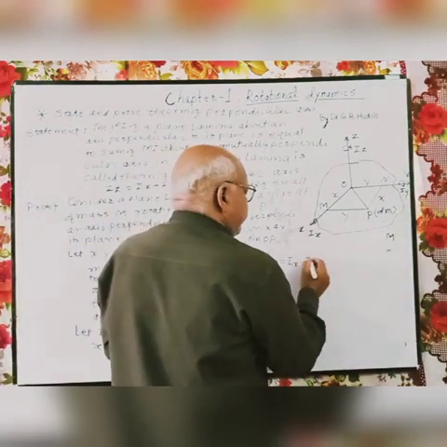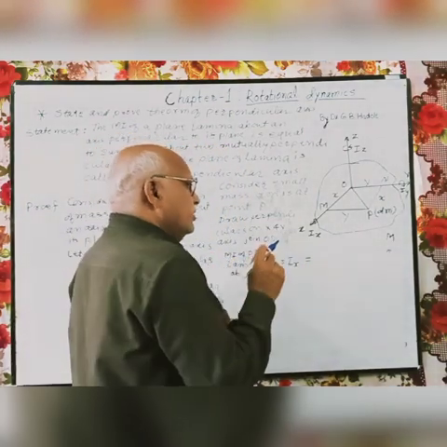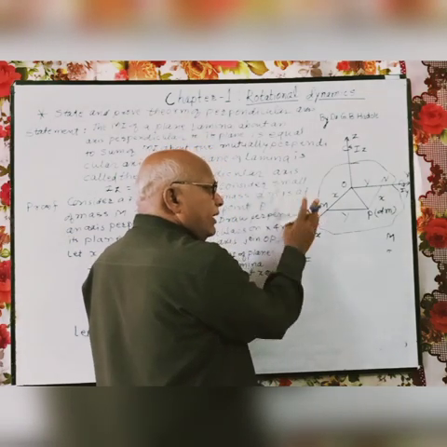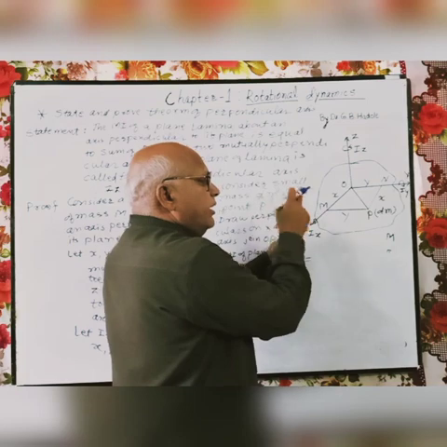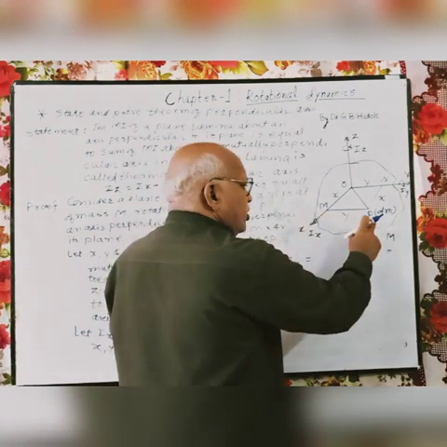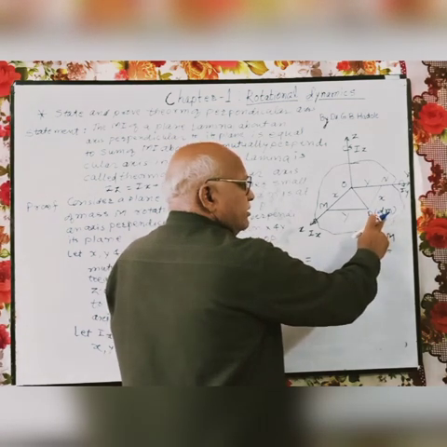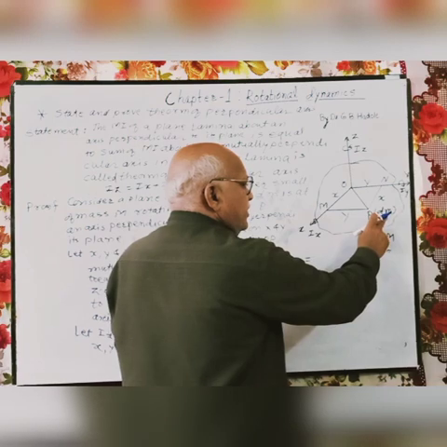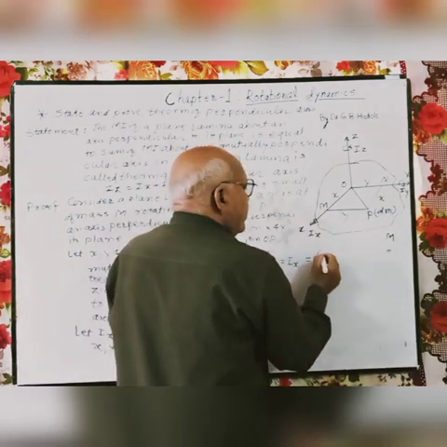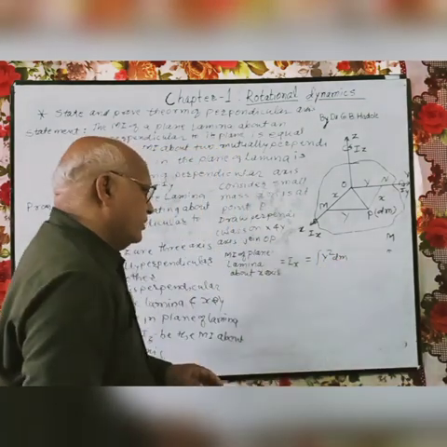equal to, now what is moment of inertia? See here, the moment of inertia about X axis means this lamina is rotated about X axis. That time the moment of inertia of the plane lamina, the mass of this point is dm and the distance is y. So it will be the square of the distance into mass.